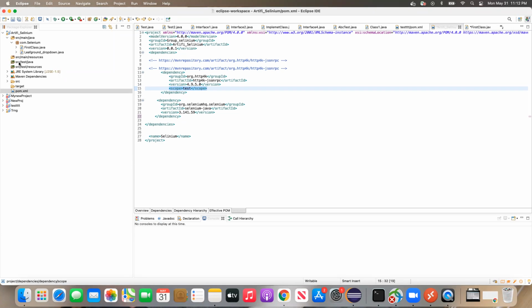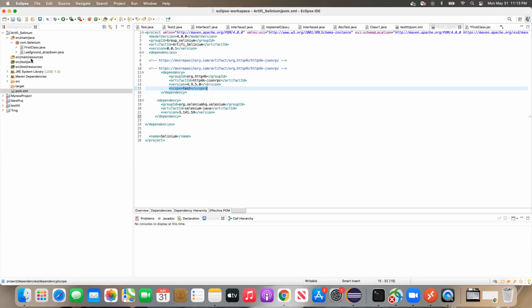When you plug the cord into the plug point and connect it to the computer, the power passes to all the connected devices, right? In the same way, when you have added a dependency, it is available in the whole project. Wherever you want, you can access it everywhere.